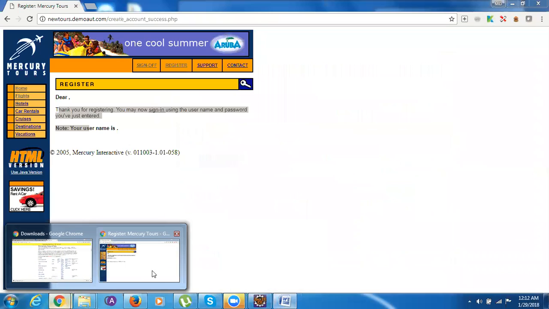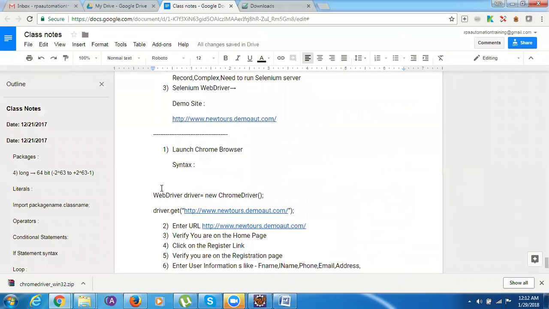So basically, you need to write some key before launching this driver. You need to provide this WebDriver path as well. So how to do it? You need to write this thing. You need to remember this particular line: System dot set property. Set property. You need to write